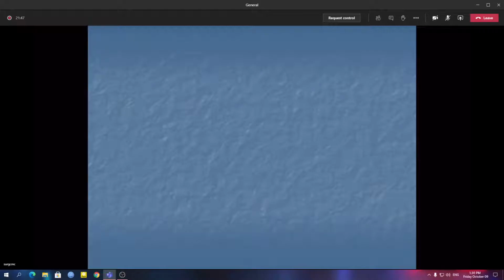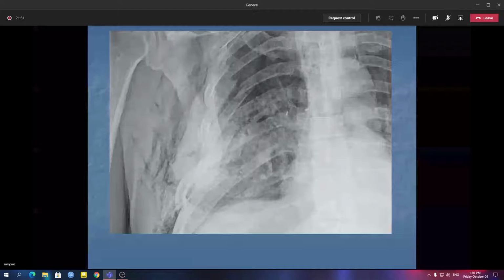Okay, so the next one. Now look at this picture. You can also communicate with me. I'm listening, don't worry. So in this picture, what are the peculiar things you are observing? Anybody please volunteer? Sir, rib fractures. There are rib fractures. I agree with you. Any specific type? Sir, posterior aspect rib fractures.